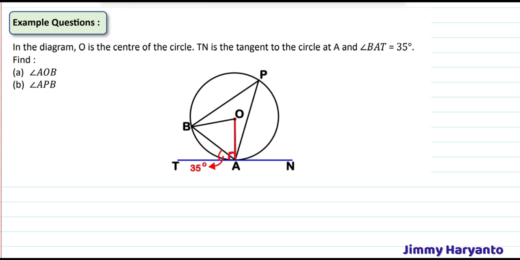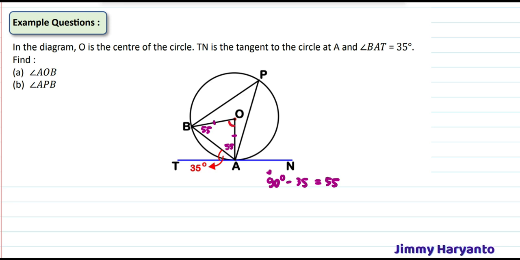And then after that, I think you can find this one. To find this one is only 90 degree minus 35, so equals to 55. So this one is 55 degree. I think we will not need the 90 degree anymore, so this is 55, and this one is radius. That means same angles, we will have another 55. And then we can find the AOB.